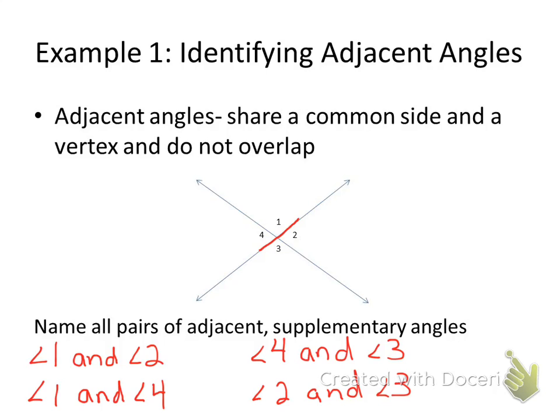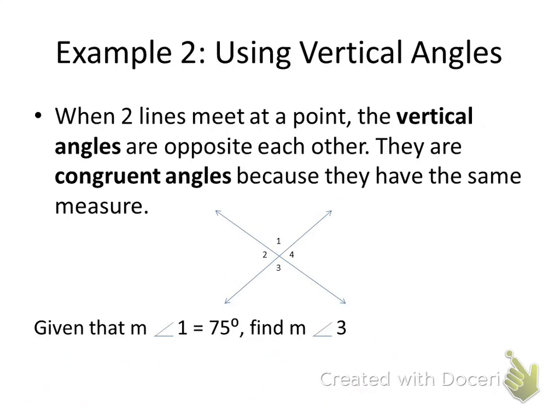Now, in example 2, we're dealing with vertical angles. Vertical angles are opposite each other. Adjacent angles are basically next to each other, sharing a common side. Vertical angles are opposite each other. And when two lines intersect, they form vertical angles. Now, if it is a straight line, vertical angles will be congruent. What does congruent mean? The same. It means that they're the same measure. Vertical angles are the same measure. So go ahead and write this definition and diagram down, and we'll